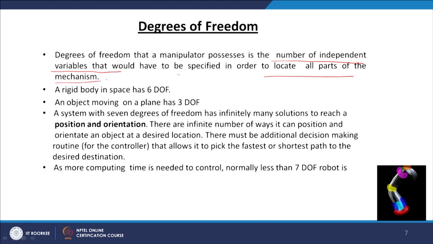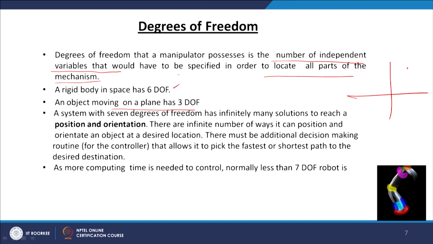We know that a rigid body has 6 degrees of freedom: 3 position variables and 3 rotation variables, that is, orientation variables. And an object moving in a plane has 3 degrees of freedom, because in a 2-dimensional